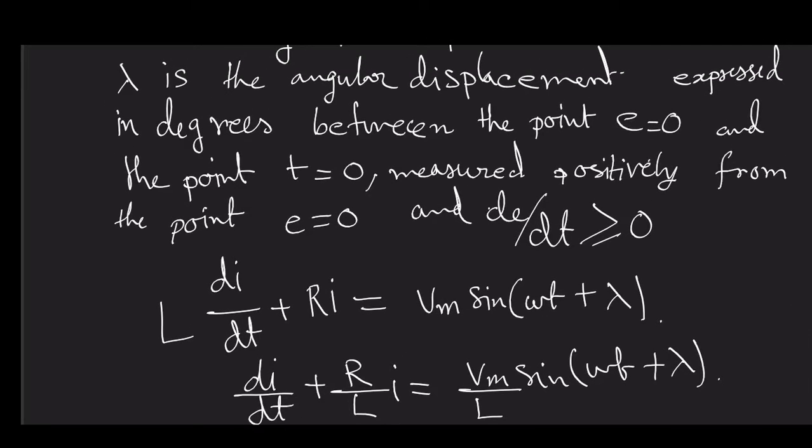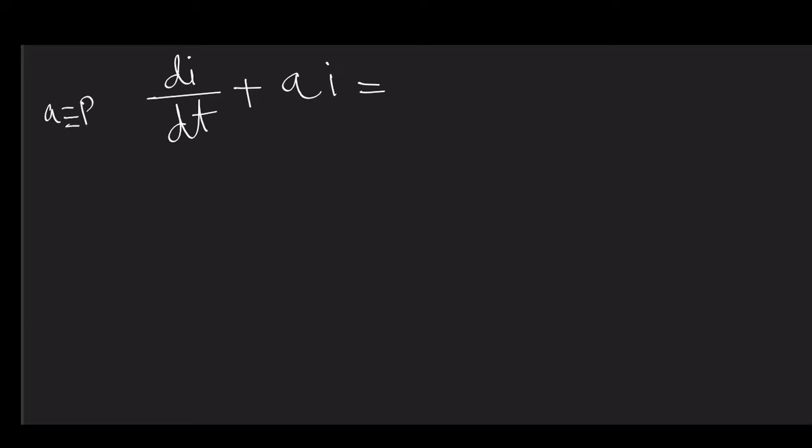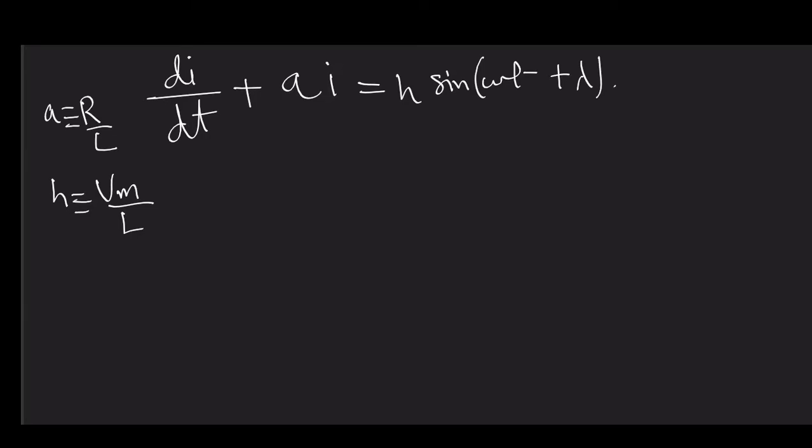Now see, when we have this, we can assume that this one is A and this is H. As all these are constants, A and H are also constants. Now the solution, if we try to write it in that same way, we can write